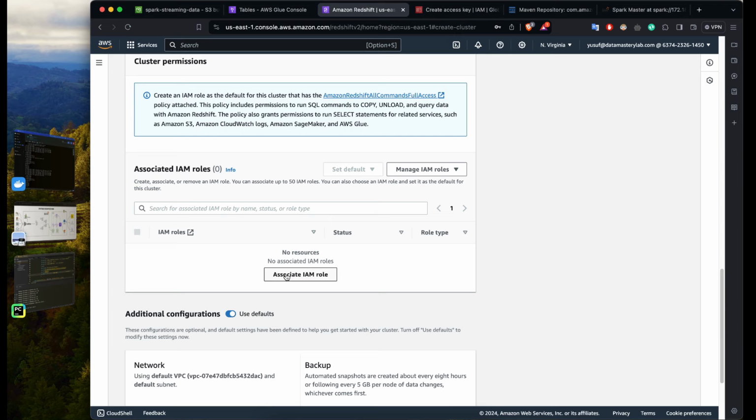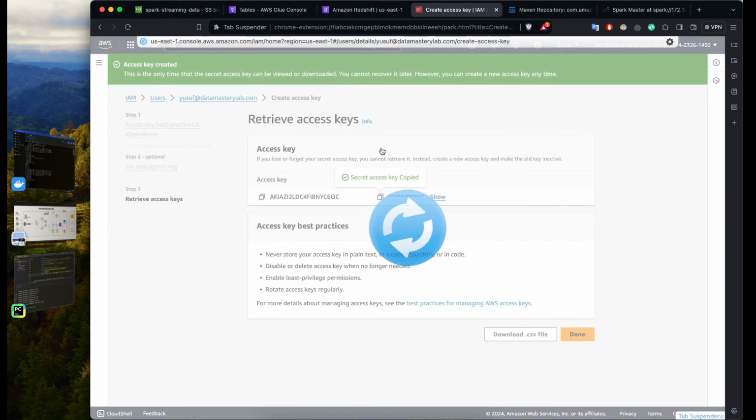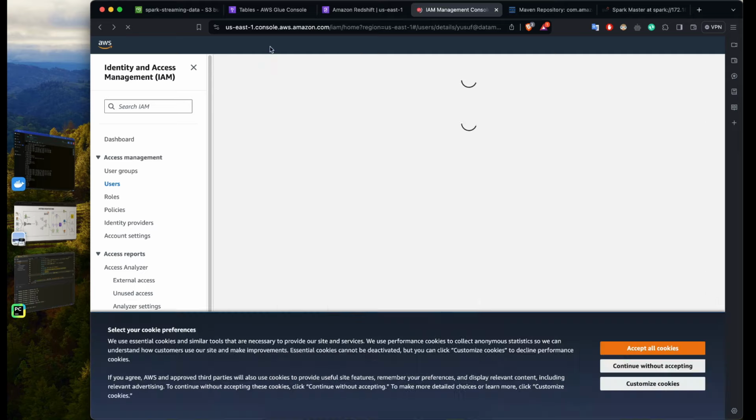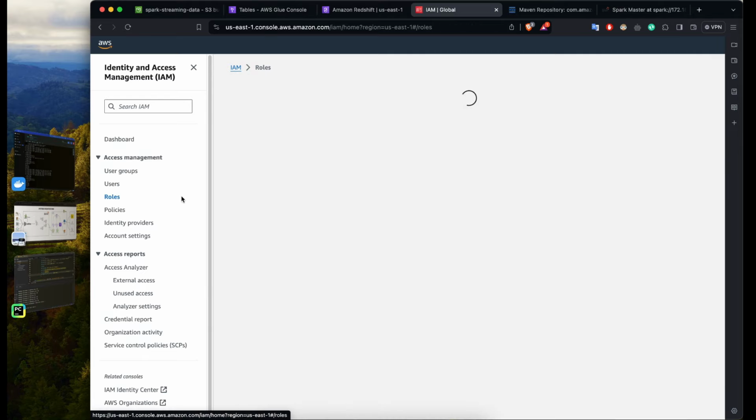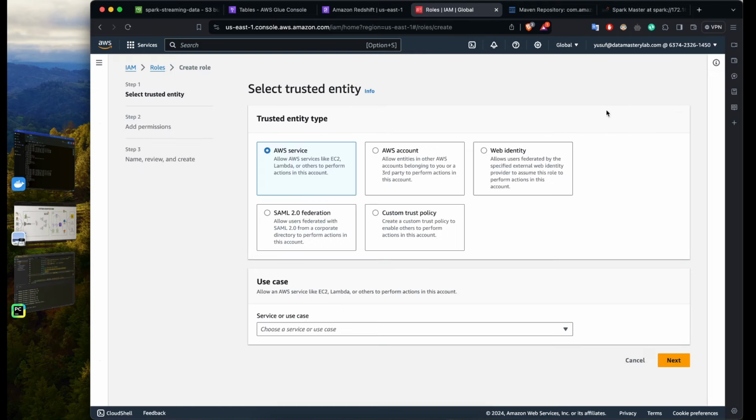And then we can associate an IAM role to this. So I have a Redshift role that I created. But if you don't have this, you can actually create a new role in here by clicking on this, and it takes you to IAM roles. I think you can come in here and come to IAM roles. So if you come in here and click on roles, you see the roles that have been created. So right now, these are the roles that have been created. And if you click on any of that, so let's say I create a new role,